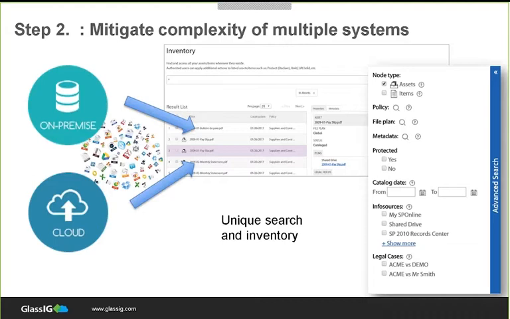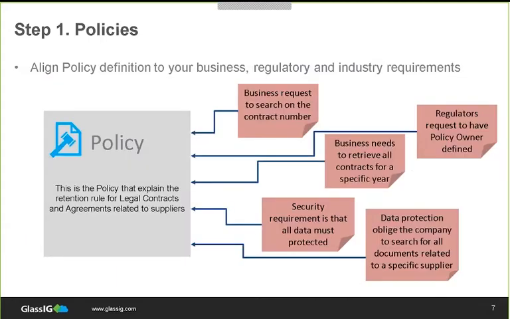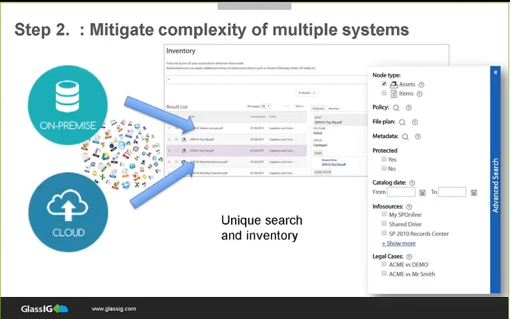So GLASS says, no, that's not the way to do that. And it's even more complex now when you've got shared drives and some cloud-based repositories that have no means whatsoever for defining policies or actively enforcing them. Google Drive, for example, has no means for that, and some shared drive technologies have no means for that. So what we've done is, the policy that you set up in step 1 using GLASS is actively enforced across